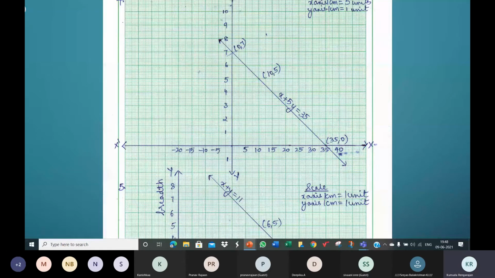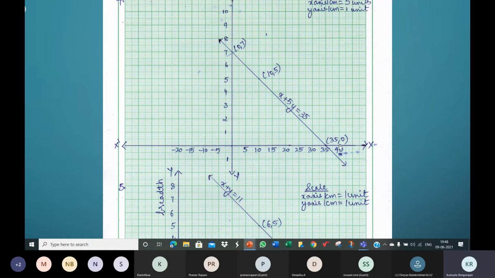When you find the value of y when x is 0, because on the y-axis, x is always 0. On the y-axis, x will be 0. So to find the y-intercept, you must give x 0. So when you give x 0, you find that y is 7. So 0, 7 is the y-intercept.